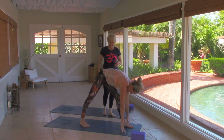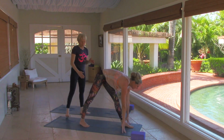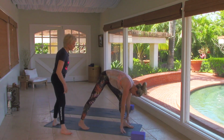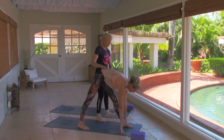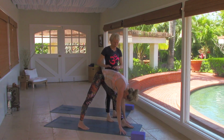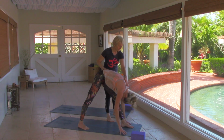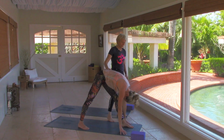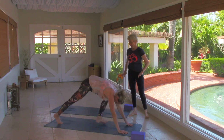So the right leg steps in a little bit further forward, 60 to 90 degrees. You can actually take the right leg and place it a little bit outside to the right. You have a better range for your hips to be on one plane. You inhale, you extend your spine. You exhale, you flow over your left leg. With your next inhale, bend your left knee, place both hands on the floor, shoot your left leg back, high